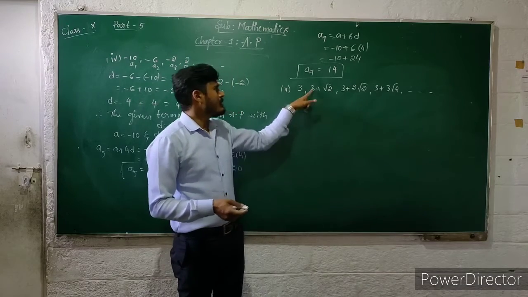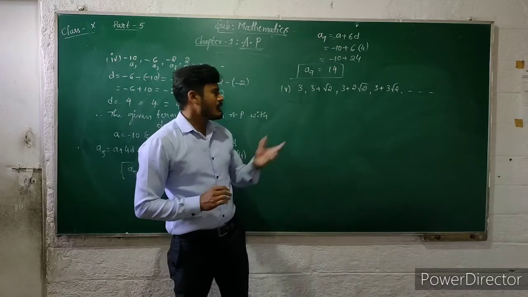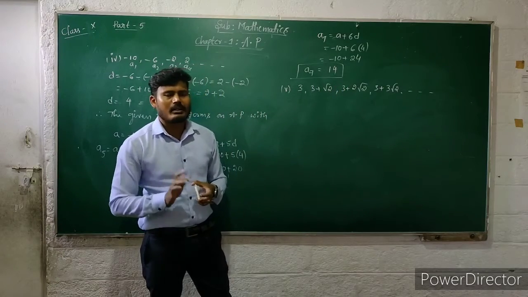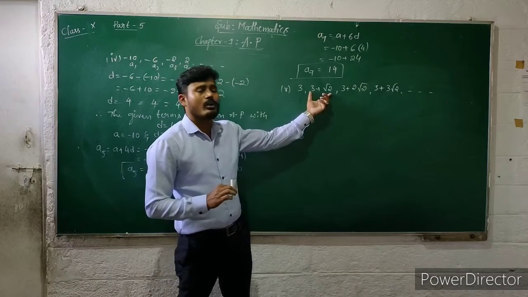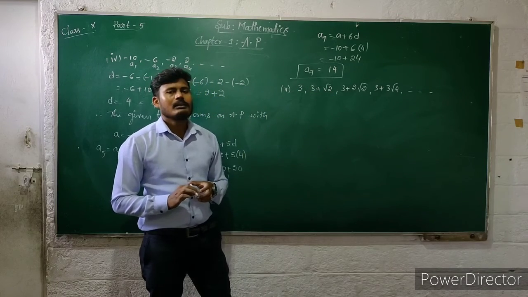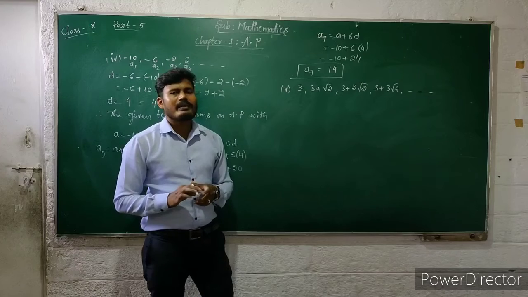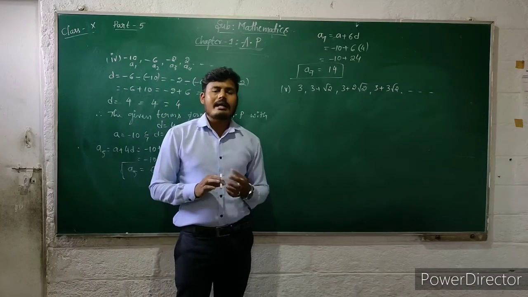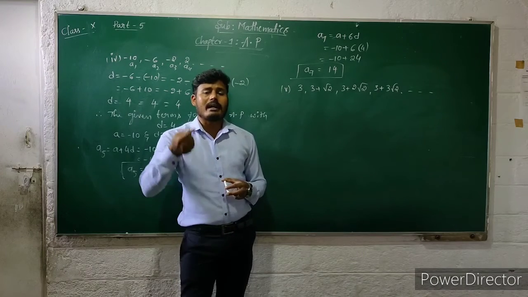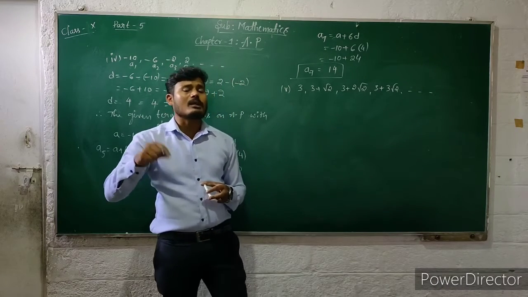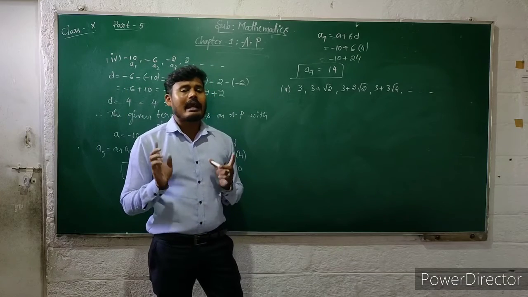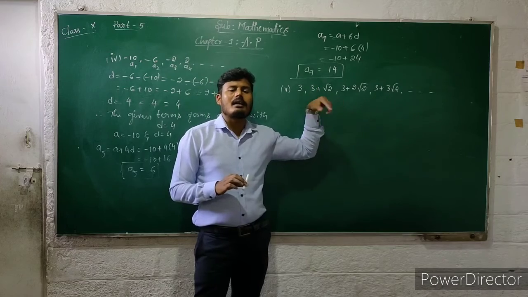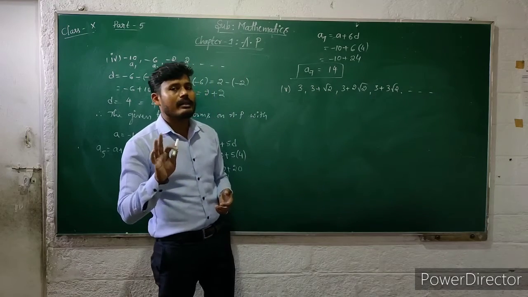Why? Here 3 is rational, and the sum of 3 and root 2, root 2 is irrational. We already know about irrational numbers. So then why are these two together called irrational? So here one rule is there. That means the combination of rational and irrational by addition or subtraction is also considered an irrational number. The combination of rational and irrational is also called an irrational number.